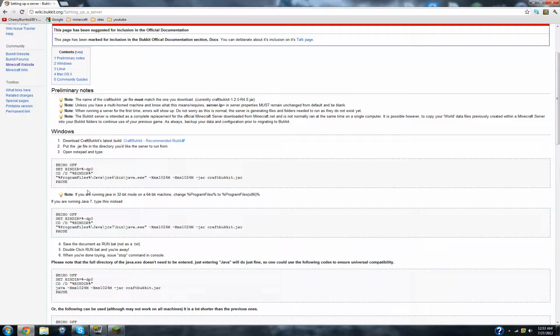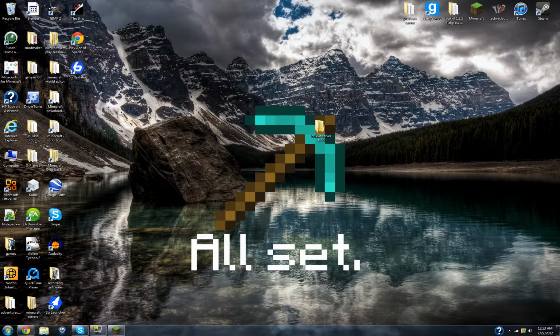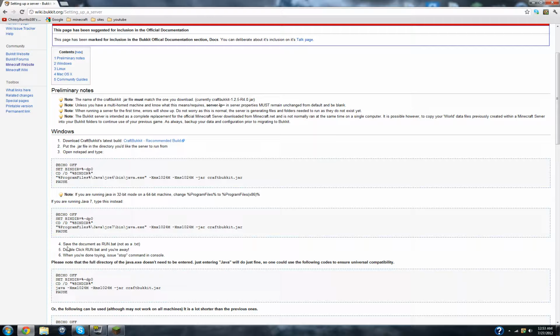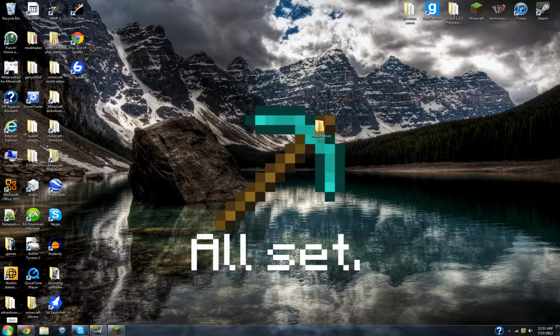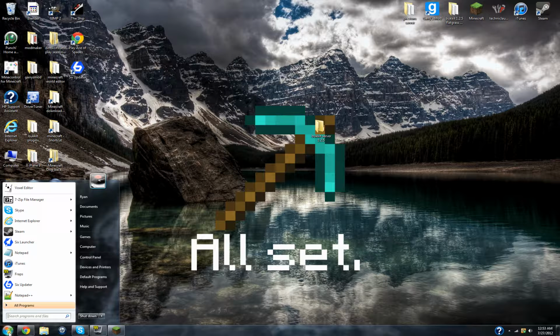Okay, so what we need to check first is if you have Notepad. And if you have Notepad, that's good, but it's even better if you have Notepad++. I find it better, but you can use just normal Notepad. So what you're going to need to do is go down to the start in the bottom left. I'm doing a Windows tutorial, just so you know, not Mac. So go to Computer,